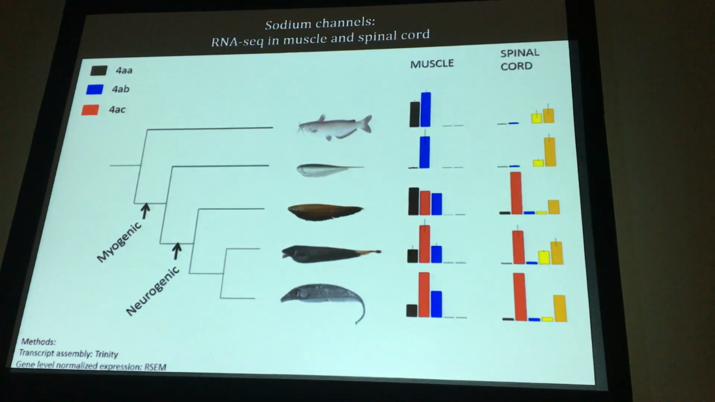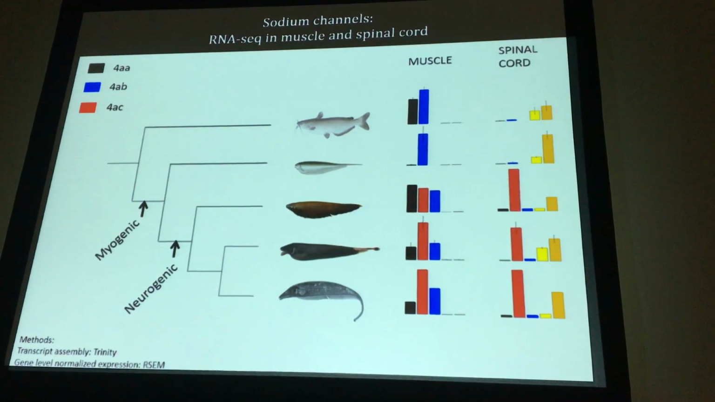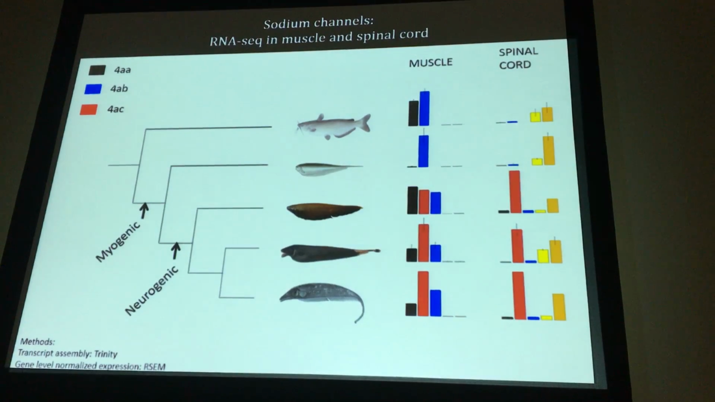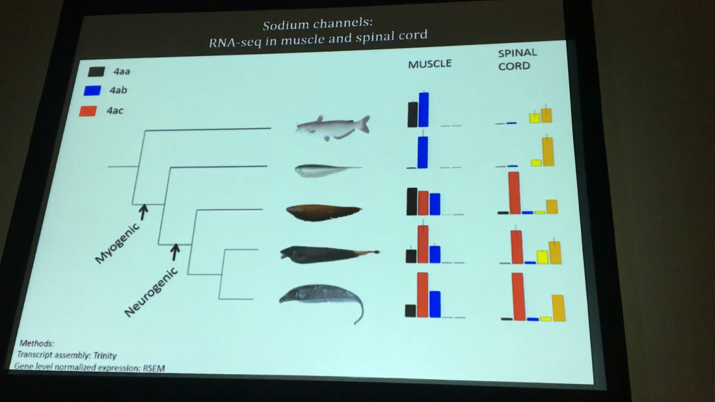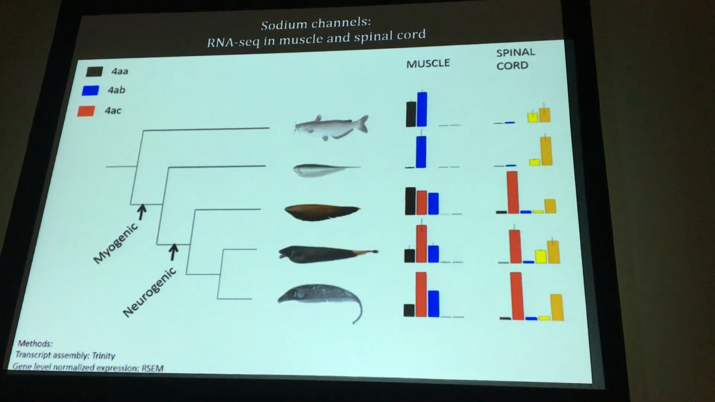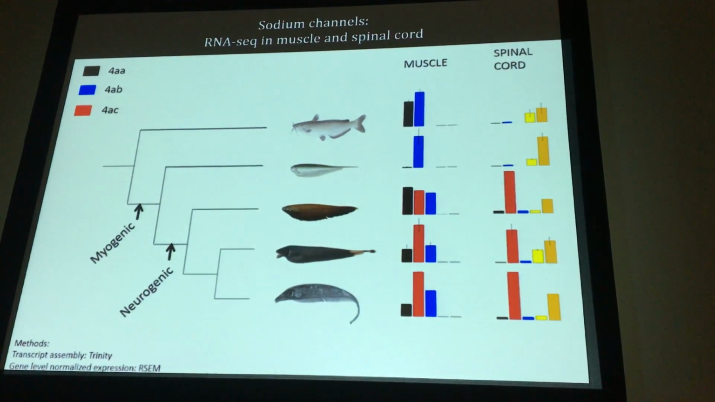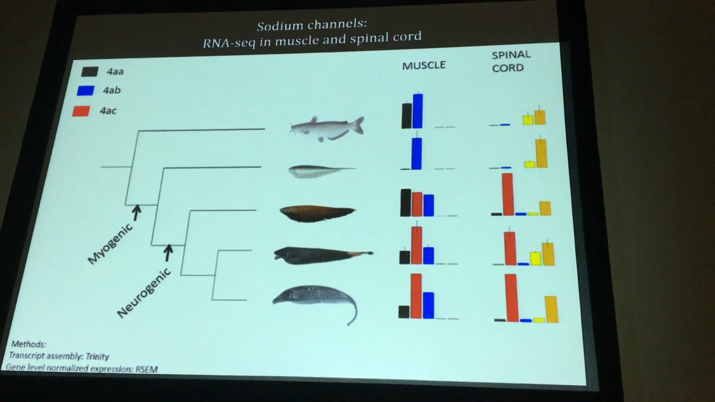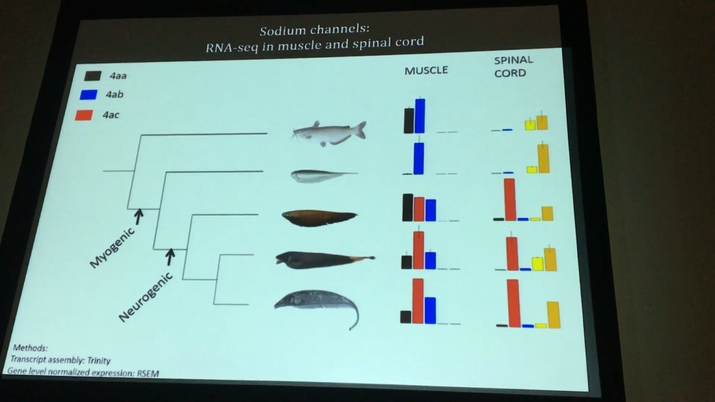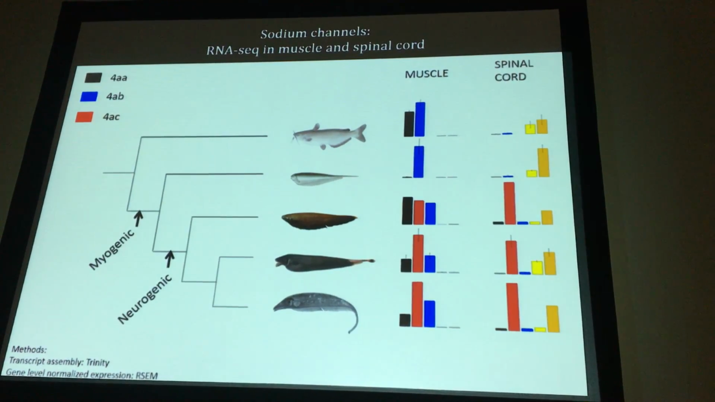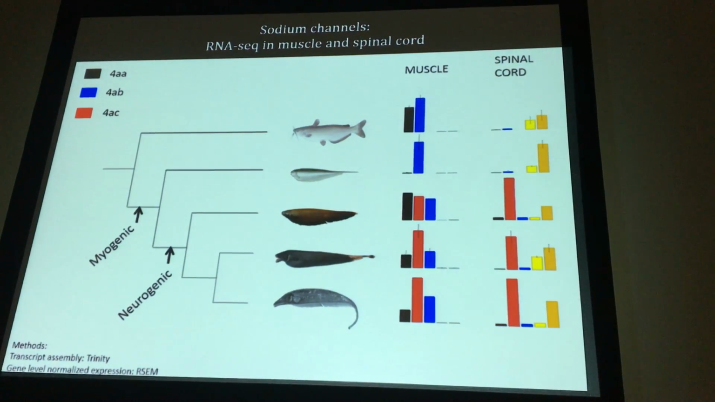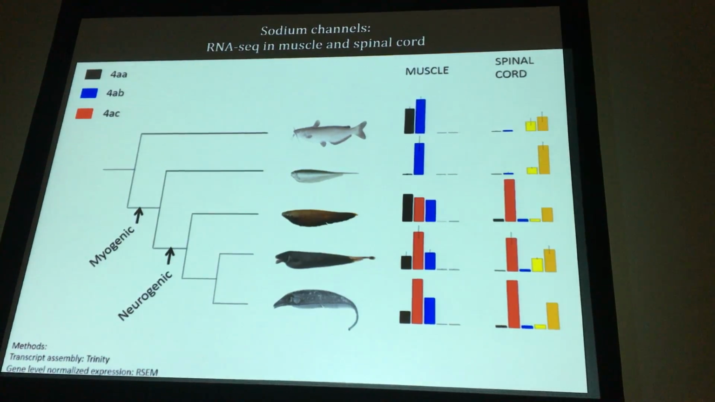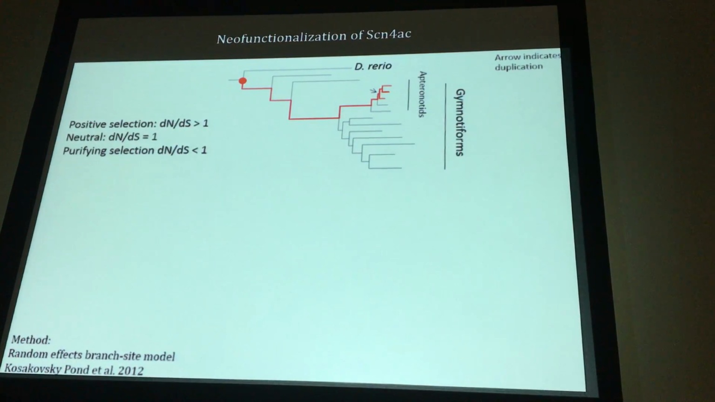So this gave us the natural hypothesis that perhaps this new duplicate sodium channel gained expression in the neurogenic electric organs of actinoids and has evolved for function for that novel organ. And so to explore that further,